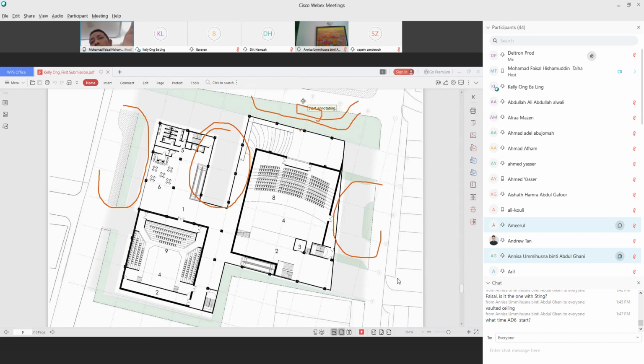Because last time I thought that you said this is the road, so we can just use this road as our fire access. Oh, okay. Alright.